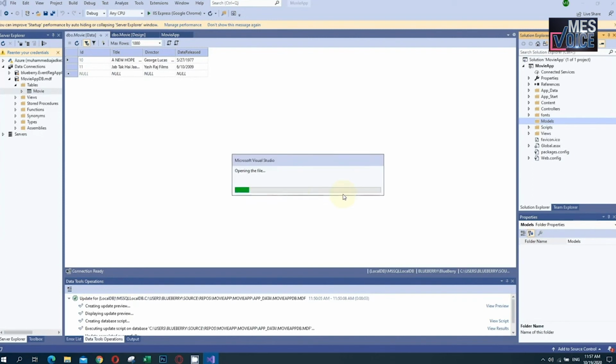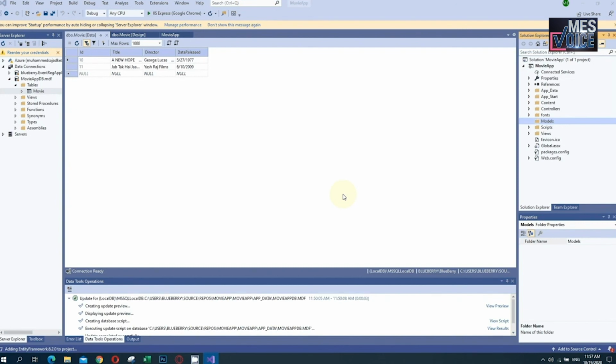Visual Studio is opening some files. It is nothing but to create a model. It will open a dialog box which is like the MoviesDBModel. It is the model we have created, and it will be displayed now. Wait a few seconds.